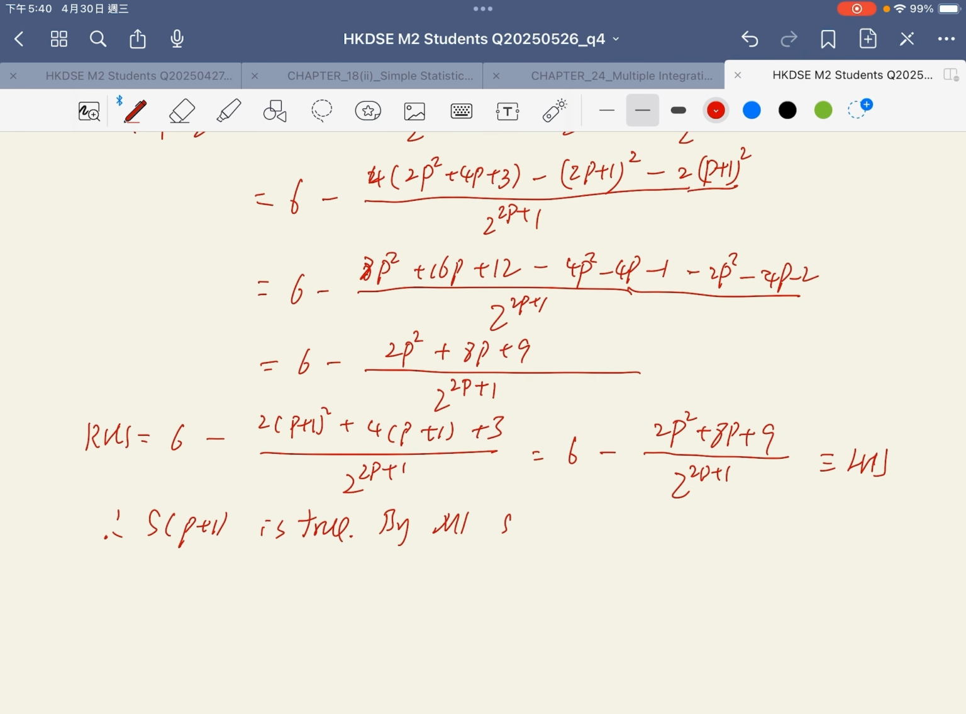By MI, Sn is true for all n belonging to the positive integers. That is the first part of this question. And the second part,